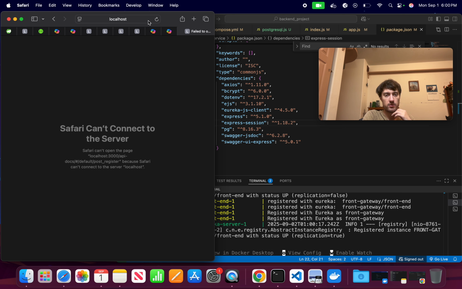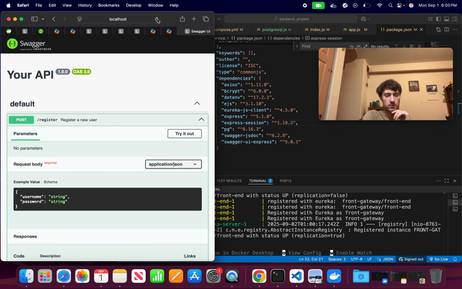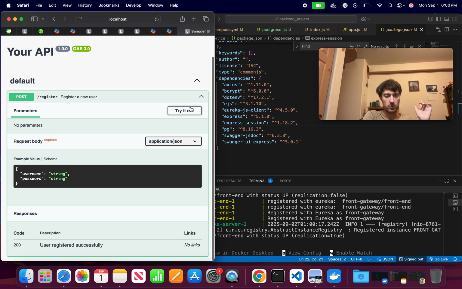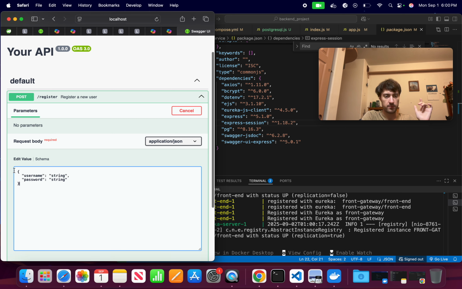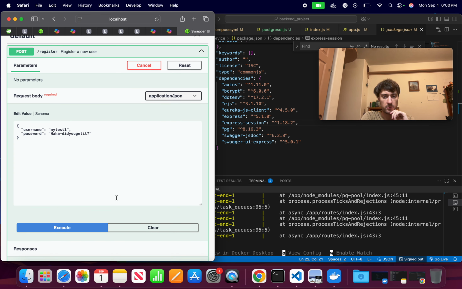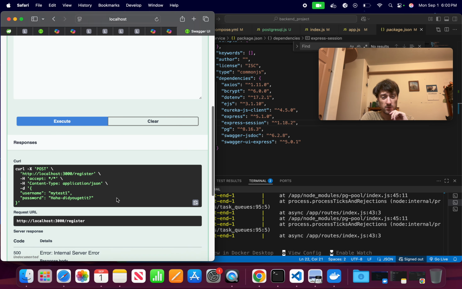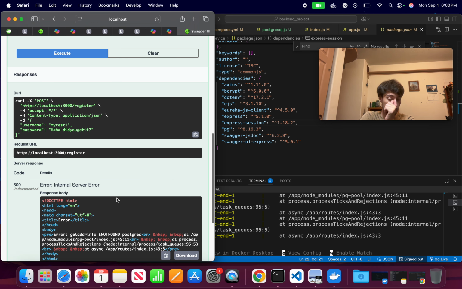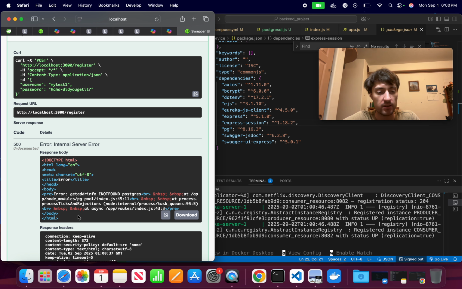So now come here. Try it out. And paste that into there. Okay. Execute. 500. Okay, and this is exactly why I didn't want to change to the try catch, because I just want to copy and paste this whole thing